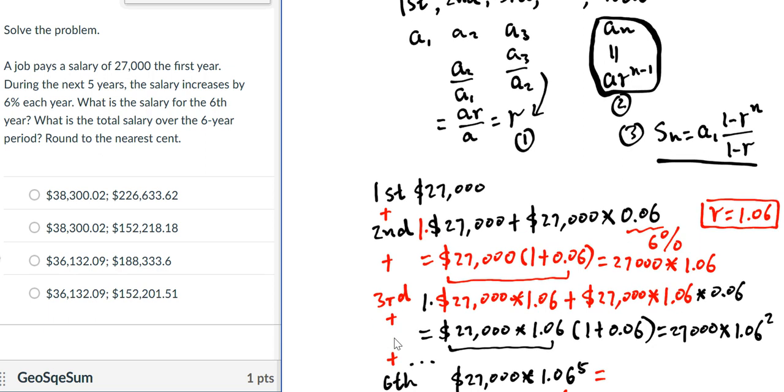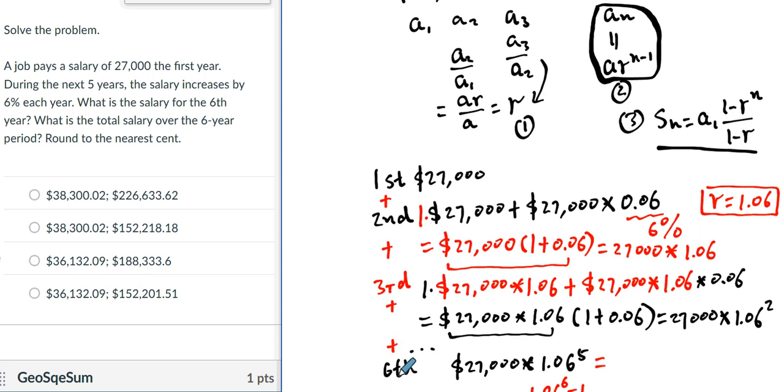And you keep going. For the sixth year, you have the first year's salary times 1.06 to the fifth. It's like the general formula we mentioned. The sixth year will be the common ratio to the fifth power. That's how we got exactly here. Based on this formula,